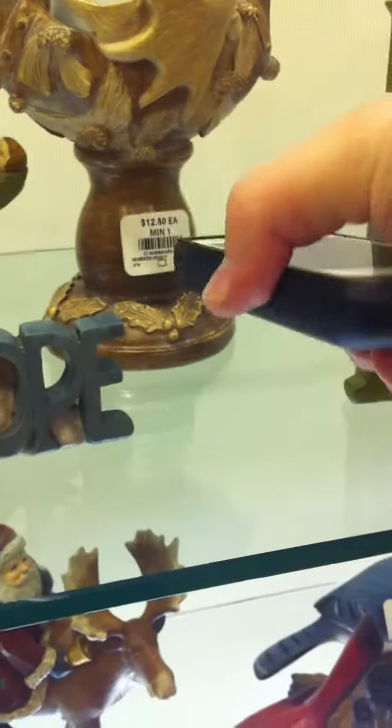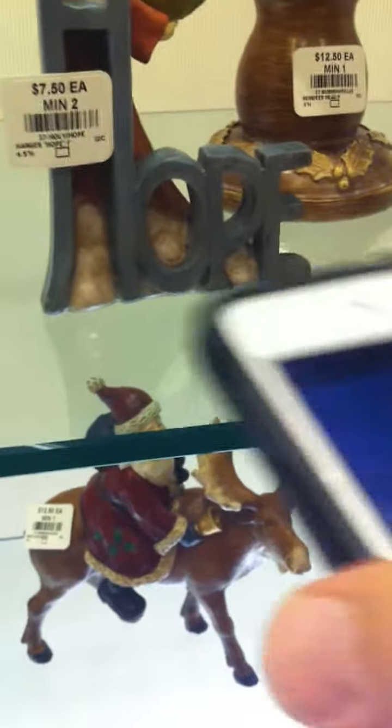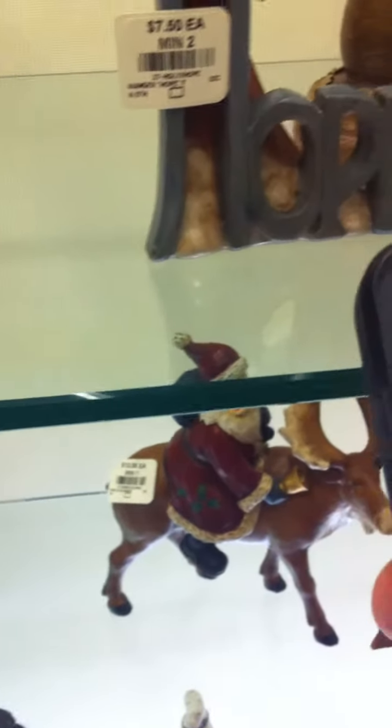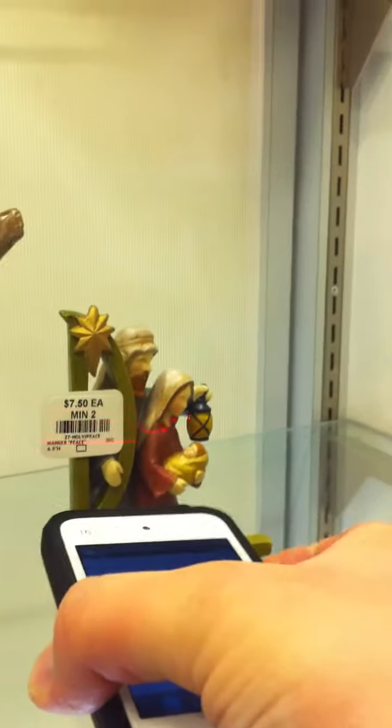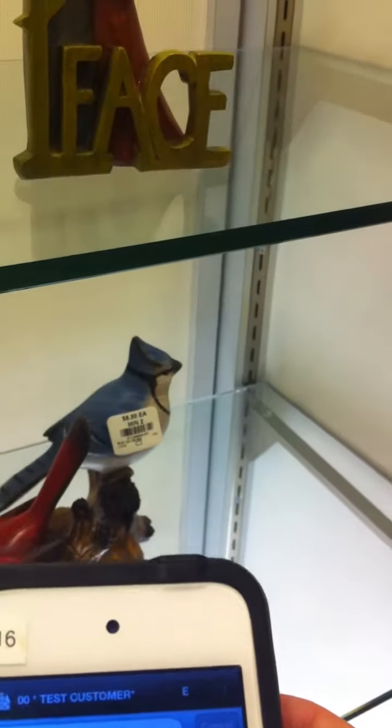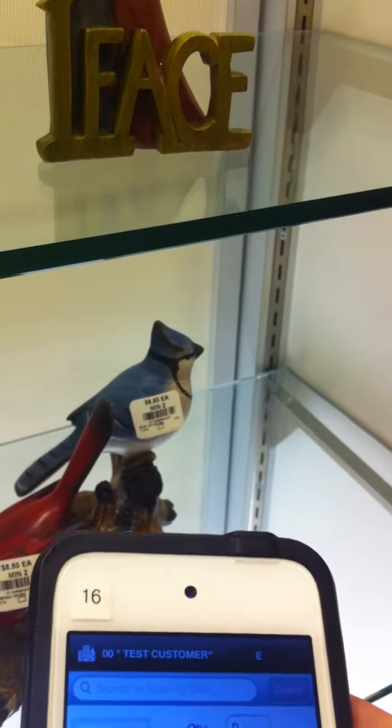The holiday items are not appearing. We're going to rescan a few others. Scan mode. Cart. Add to cart. And then when I click on vendor,